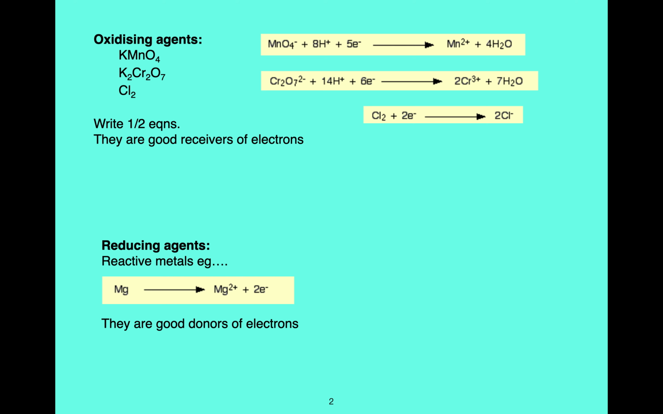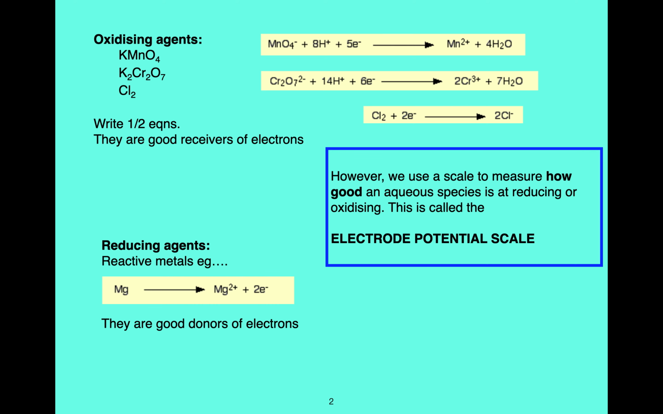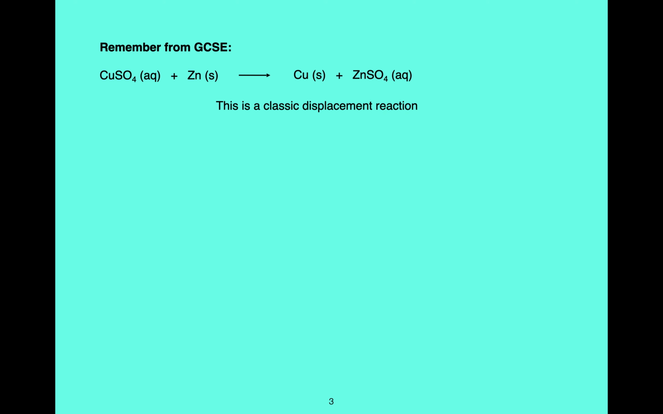Now, we now need some way of comparing how good something is at reducing or oxidizing. And we're going to use something called the electrode potential scale. And this is what it looks like. Oh, no, it's going to come up soon. So let's remember from